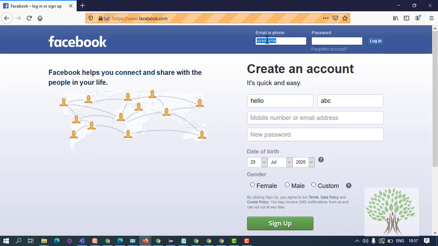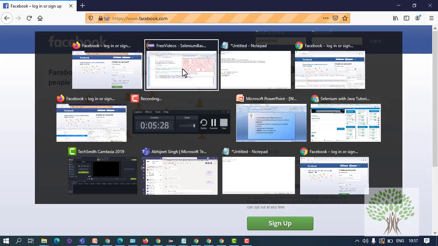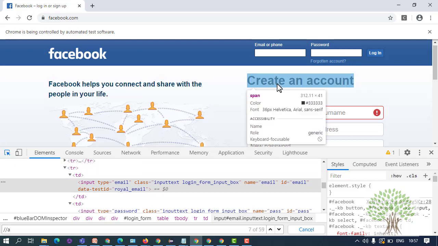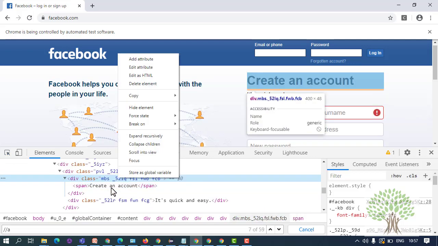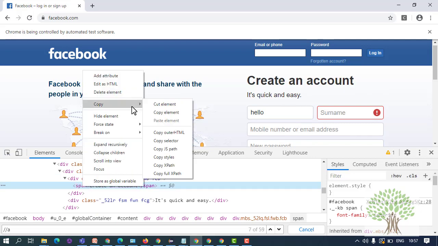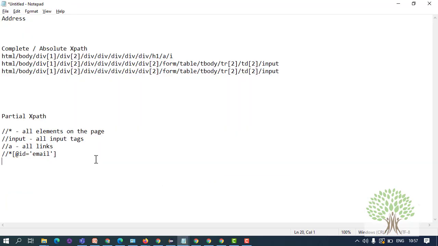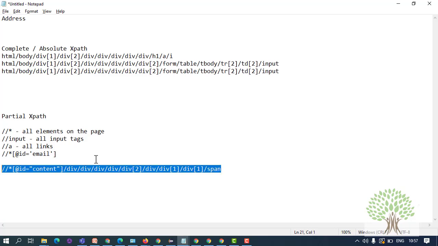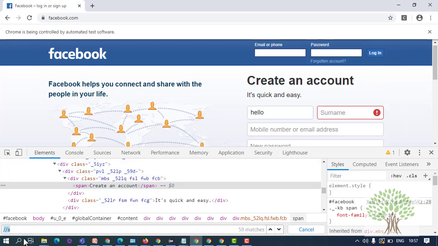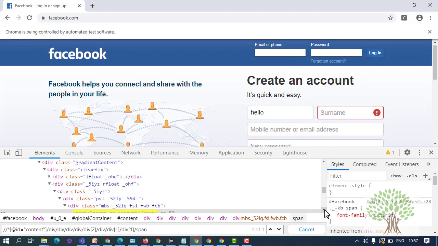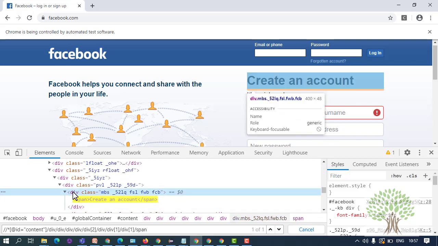Now if you investigate, suppose in Chrome, if I investigate this text, if I want to read this text, you get this text and you copy the partial XPath. What will happen is you will get an XPath something like this. Now what is this? I'll paste the XPath over here. This is the element. This element has no ID, so it jumps over to this division tag. This division tag has no ID, so it jumps one tag above.